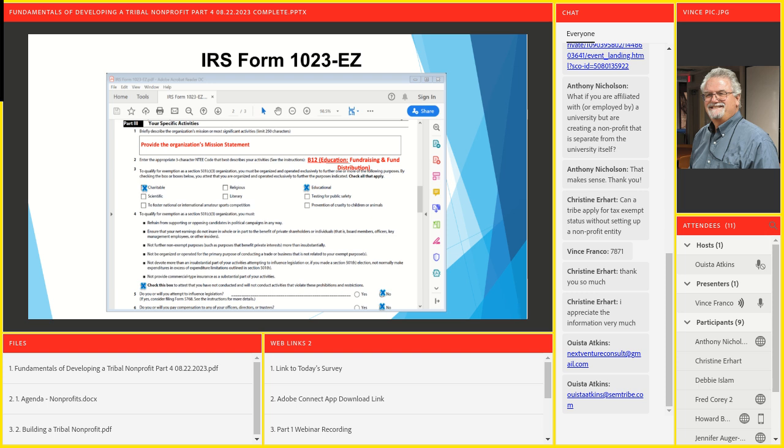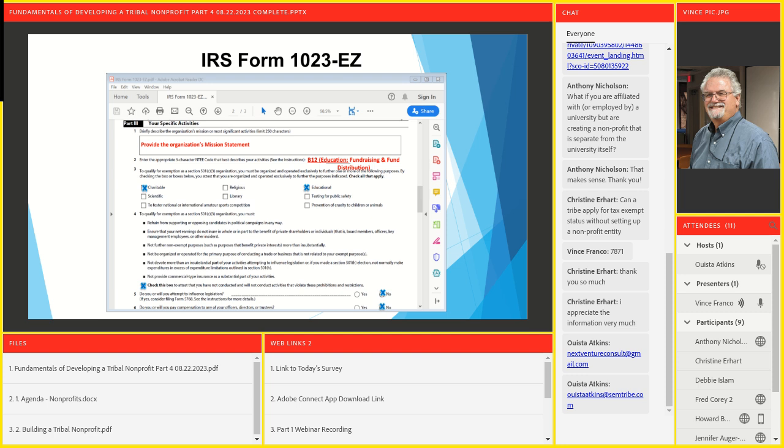Number 2, there's an NTEE code, a 3-character NTEE. You can Google that. They're just trying to narrow down even a little bit more what kind of area you'll be focusing in. You can just Google that NTEE code and figure it out. I did a little bit of search. That's why it says B12, education, fundraising, and fund distribution. You can use that if you wish to. It's just a classification. There's nothing really for the IRS to hang their head on. They're just trying to narrow down if you're really going to be a legitimate business. Yeah, we've got a focus area, basically.